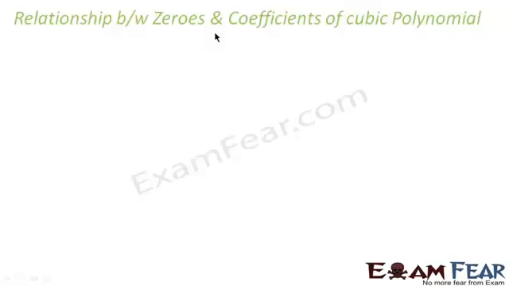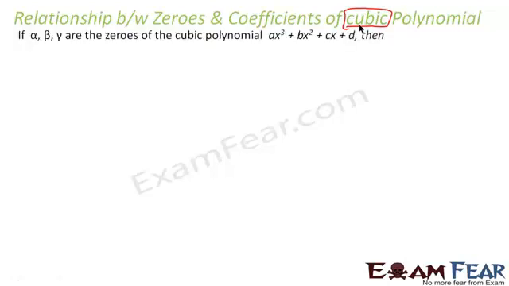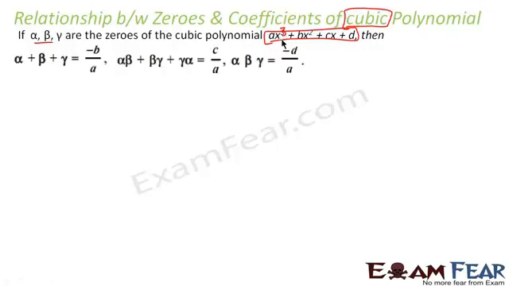Now again, the relationship between zeros and coefficients of cubic polynomials. Till now we have seen quadratic polynomials. Now let's see the relationship between zeros and coefficients of a cubic polynomial. If alpha, beta and gamma are zeros of this cubic polynomial, which is of the form ax cube plus bx square plus cx plus d, then alpha plus beta plus gamma is equal to minus b